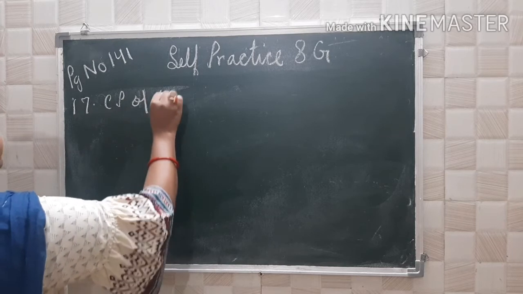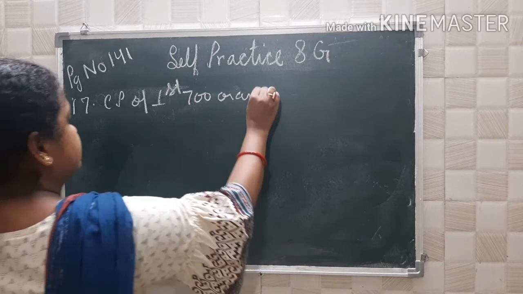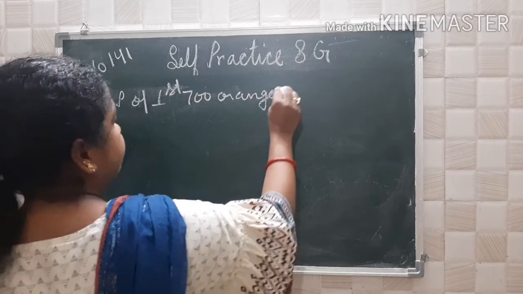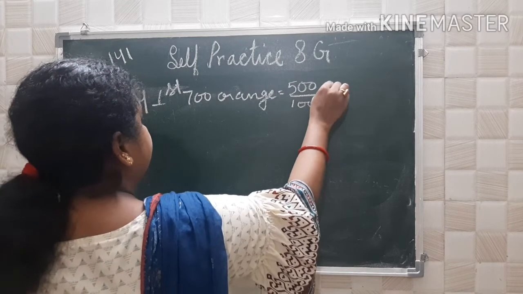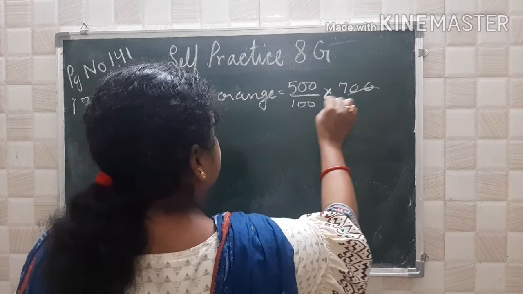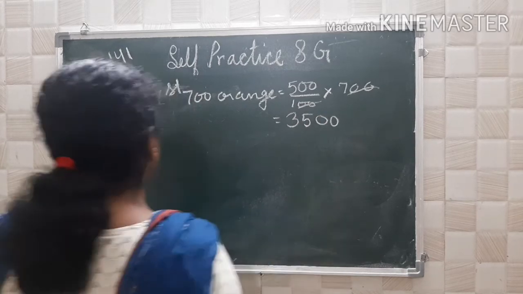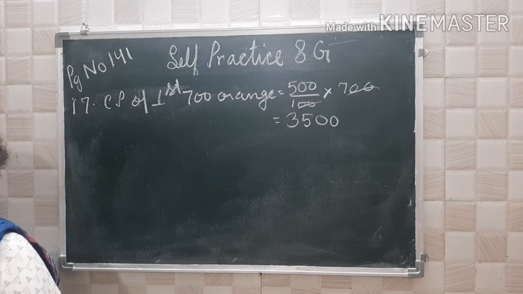CP of first 700 oranges at 500 per 100 is 500 upon 100 into 700, that is 7 5s, total 3500. CP of first 700 oranges is 3500, and another variety of 500 oranges at the rate of 700